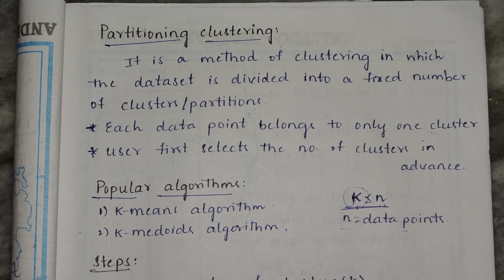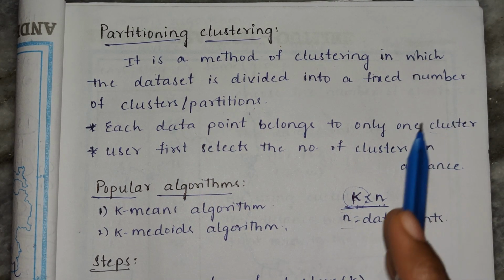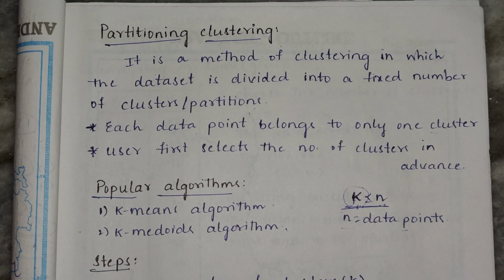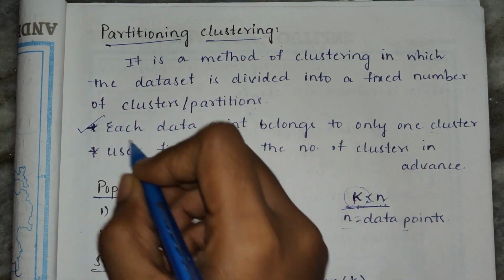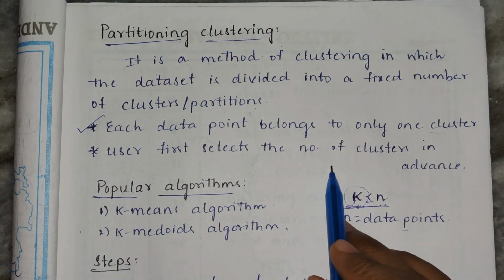The main points in partitioning clustering are: each data point belongs to only one cluster. If the data point is present in one cluster, then it should not be present in the other cluster. Understood? Which means here a data point should not be repeatedly present in many clusters. It should only be present in one cluster. That is the first rule in partitioning clustering, and the second rule is that the user first selects the number of